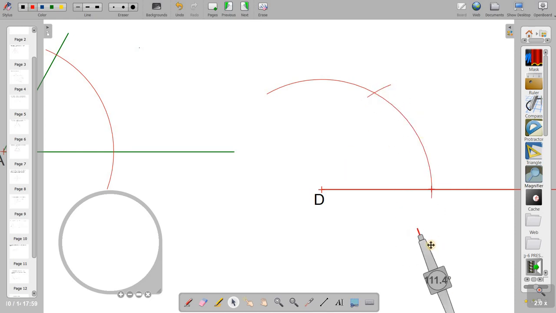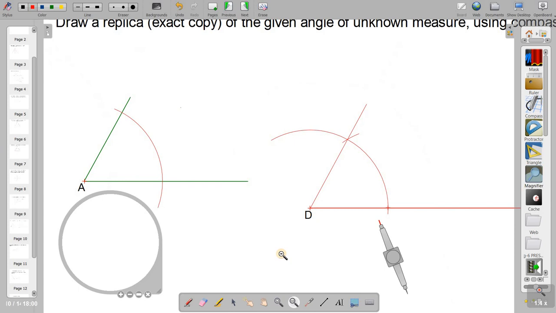Now you can guess, if I draw the line from D through this point, then the angle will be the same. So I will draw a line here by taking the line option. It is passing through the common vertex D. The two arms are like this. I will zoom out. Now you can see it. Both the angles are the same.